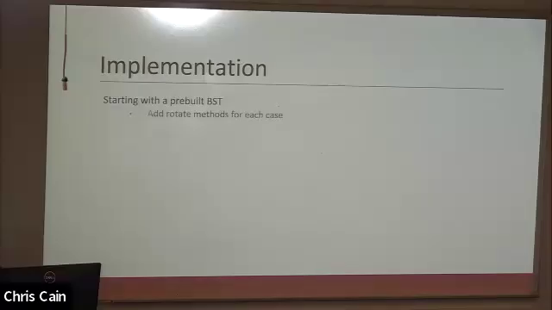So we just need to add rotate methods for each case, except that we don't really need a separate method for every case. We will end up implementing them, but some of them are going to be easier than others. And the reason is that my recommendation is you make only two methods for this, that have any logical juice, that is the left rotate and the right rotate,